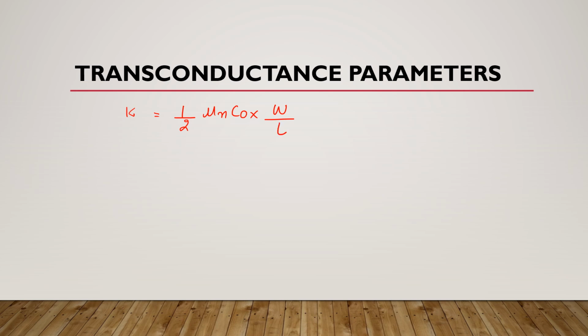Okay, now this is MOSFET transconductance parameter. Where this is width of channel, this is length of channel, this is